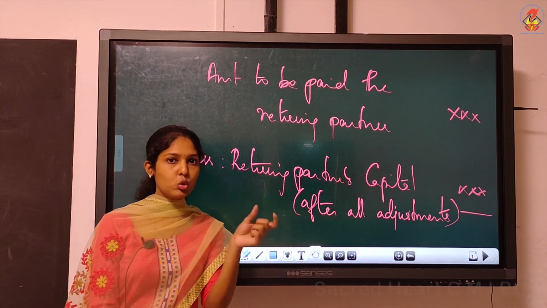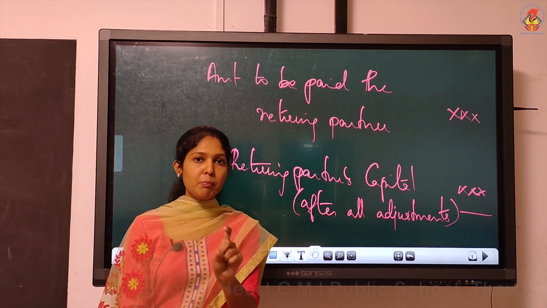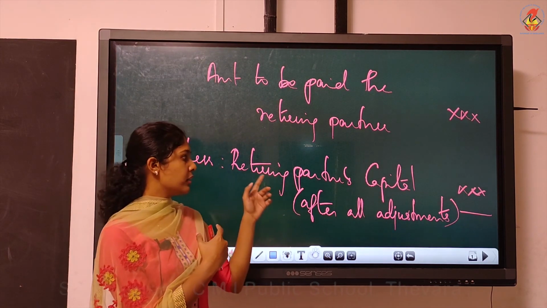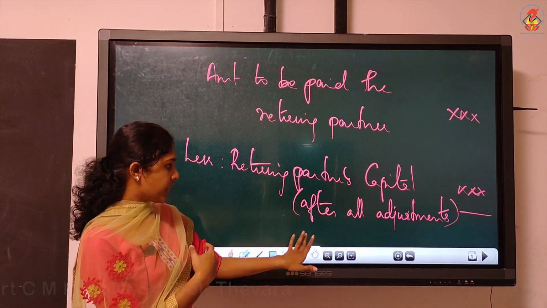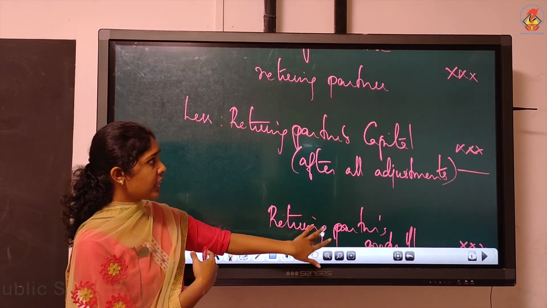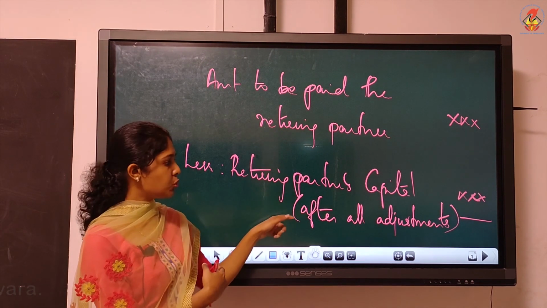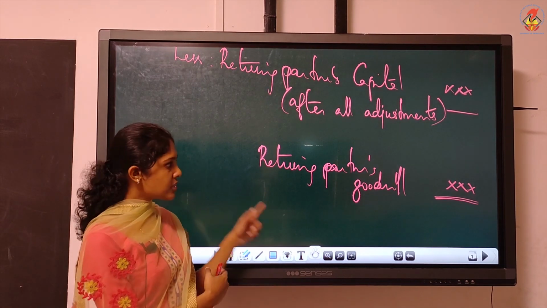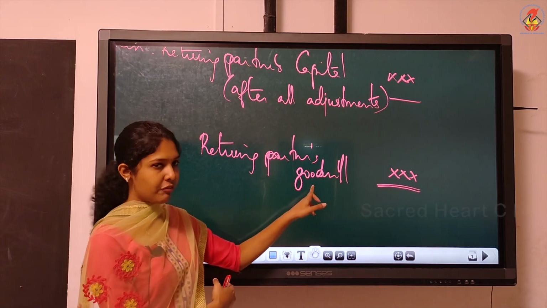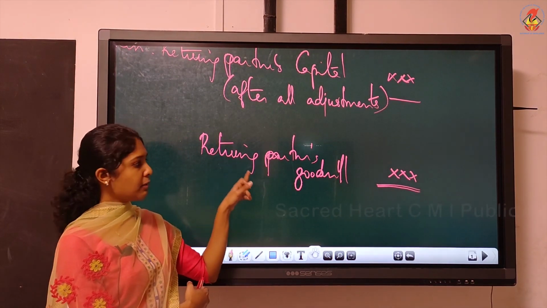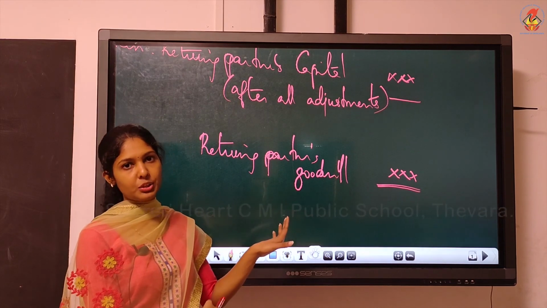Understood? You write finally to balance carried down. Simply the balancing figures you will be writing. Then the retiring partner's column balance is called retiring partner's capital after all adjustments. So it's a capital balance you have to take here. Then finally, if you deduct, the amount to be paid less this, this is also the amount you have to pay. When there is a difference between these two, that means there is goodwill. And this is not the goodwill of the firm. In the chapter admission, what you got was the goodwill of the firm, but now what we are getting is directly the retiring partner's share of goodwill. No need to again compute his share. This is his share of goodwill, not the goodwill of the firm.